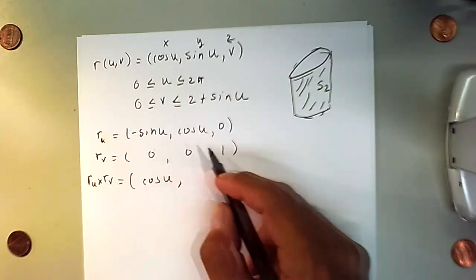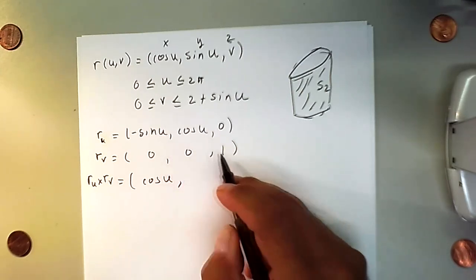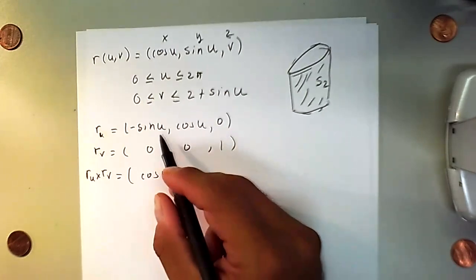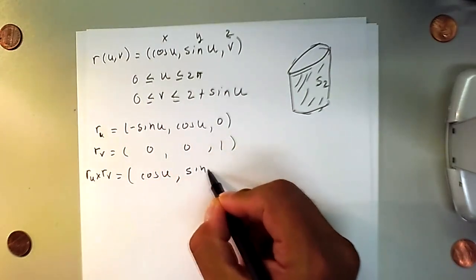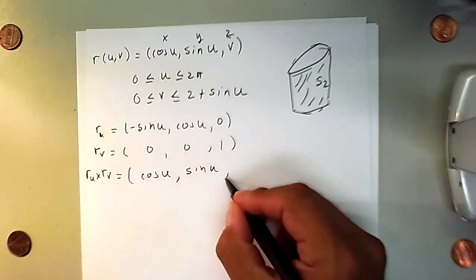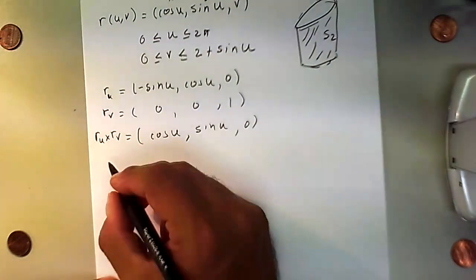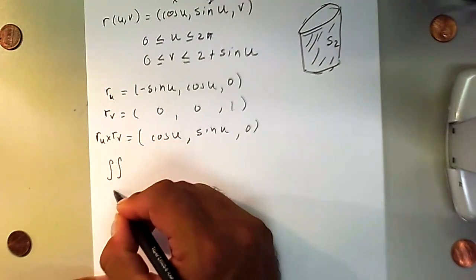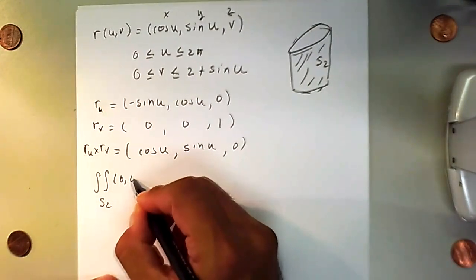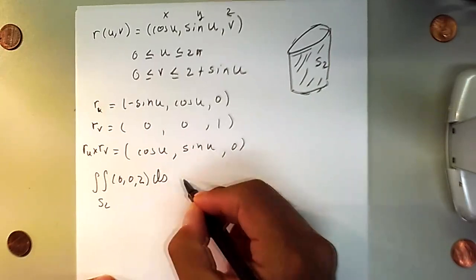Yep. And then, negative. Oh, but there is another negative. So there is actually just sine of u and then 0. Okay, so the double integral over S2 of 0, 0, 2 with respect to the surface